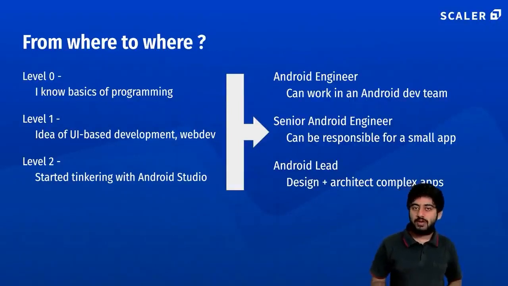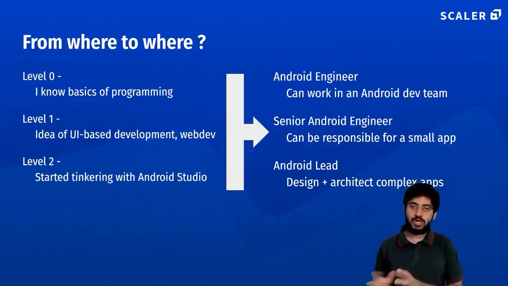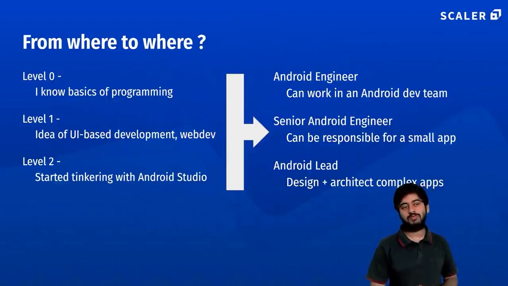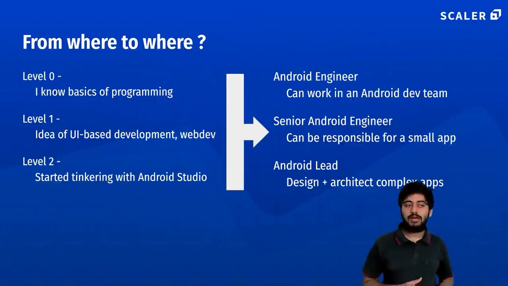As you become a more senior Android engineer, especially somebody who has 2 years or more under their belt, that kind of person would be somebody who, in a very big complex app, could be given an entire vertical inside that app. So for example, inside Zomato's app, somebody could be responsible for the restaurant page, the entire restaurant listing page, or somebody could be responsible for the entire order and checkout experience, and somebody could be responsible for your profile page, wallets, cards that are getting added, the entire payment experience. They might be working with a team of 3, 4, or more other engineers, but they are completely responsible for the portion that they are working on. And for smaller apps, they could be responsible for the development of the entire app.